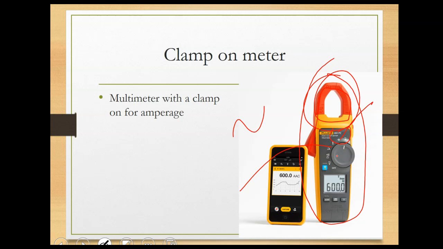How does it measure temperature? There are some leads that you connect in here, and they have a sensor, which is a thermocouple that you can put in the equipment to measure temperature. This part here is for micro amperage, which is very, very small amperage that you cannot measure by the clamp-on. And again, you have to use the leads to do that, and to connect those leads in series,